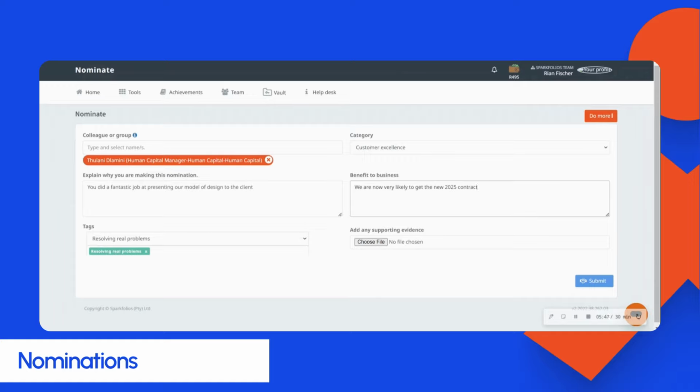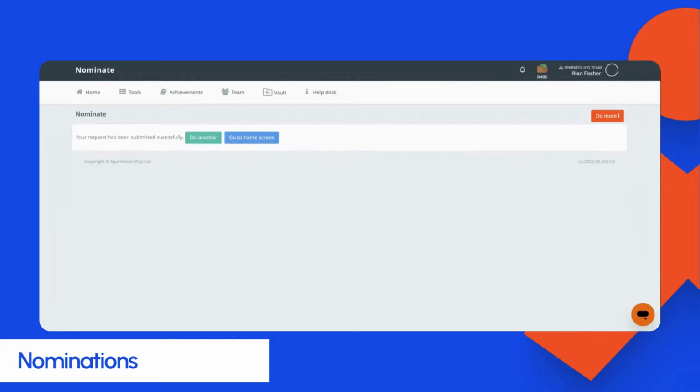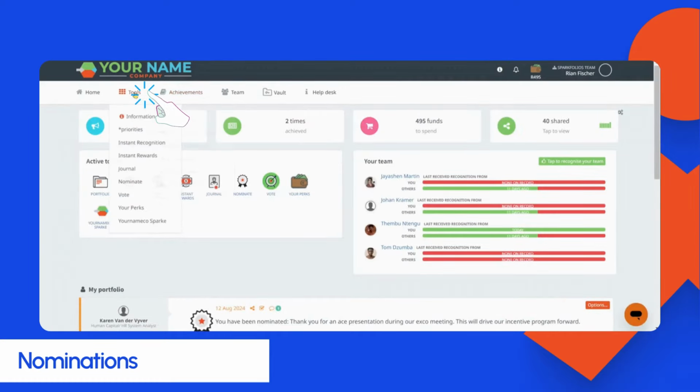So the substance of nominations are more substantive than an instant recognition, and the reason for that is that it should stand the test of a voting from people that do not necessarily have all the various and relevant context. So now you can go back to the home screen and you can then see we have